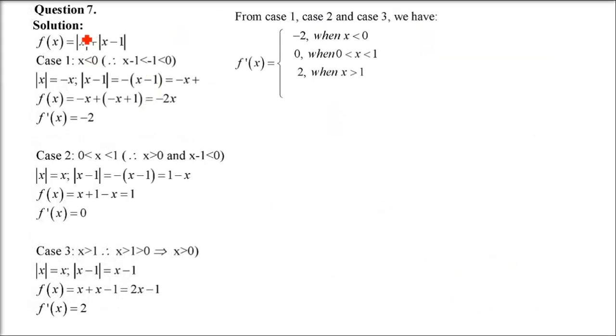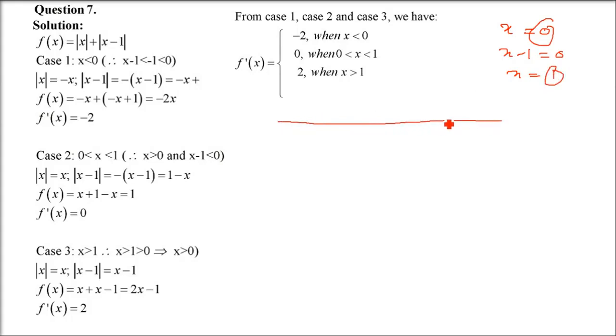Okay? Next one. Now here we have x mod x and mod x minus 1. So now we will have three cases. You see how? Because if you want to see how many critical points are there, the critical points where we have to check is where it becomes 0. First function is x, so x is 0. So 0 is a break point or a critical point. Now x minus 1, just put it 0, so x equal to 1. So 0 and 1 are the critical points.